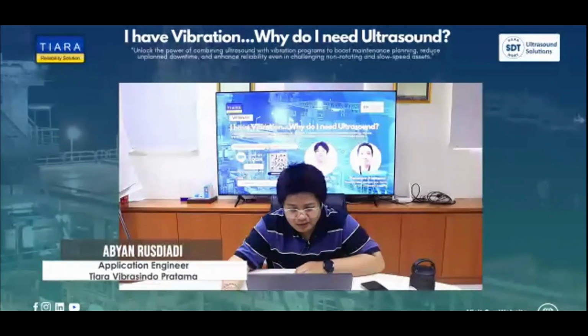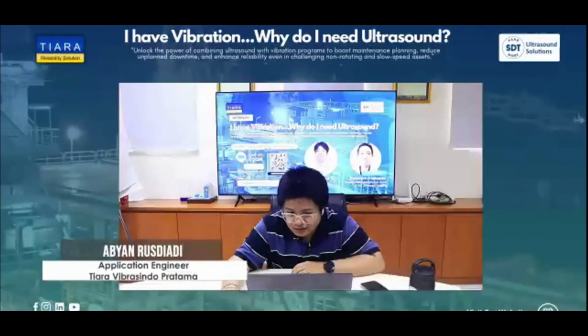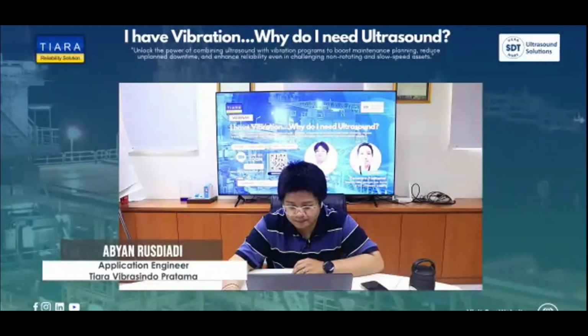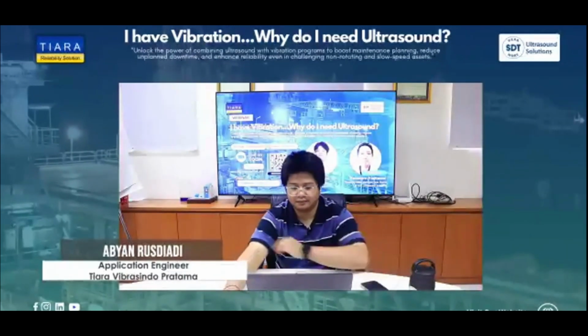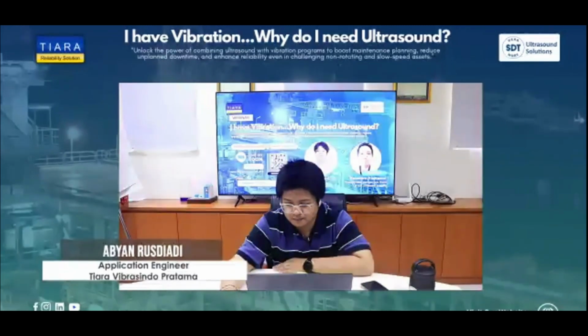Is there any database or baseline for diesel engine? Baseline for the ultrasound level. In the sound level, we don't have the authority like a baseline for the diesel engine. Because why? Because it is different from the vibration. Vibration has the standard, ISO 10816-3. So the ISO standard for the vibration is fixed for the frequency 10 to 1000 hertz, and fixed the type of the amplitude, the velocity RMS. So you can control